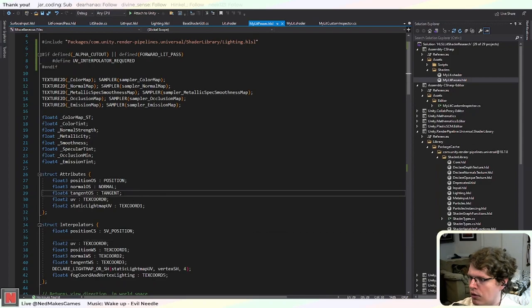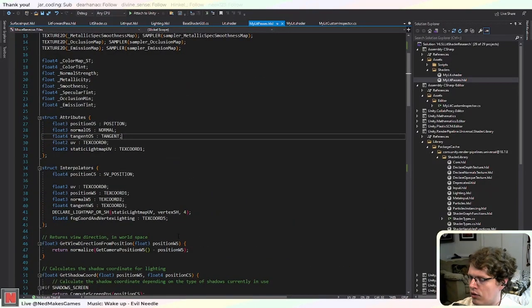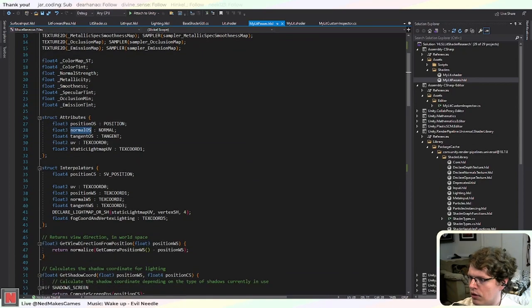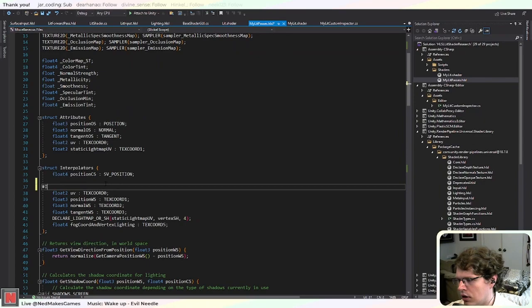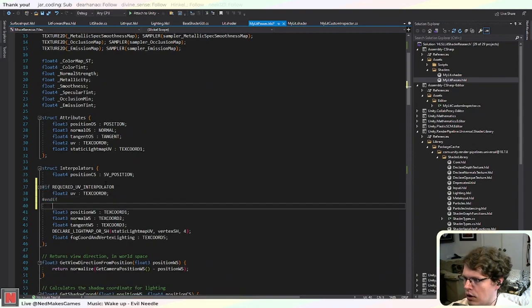All right, so I guess we can go ahead and clean this up. We're going to need the normal. I guess let's start here. So we need this: if requires UV interpolator. And then